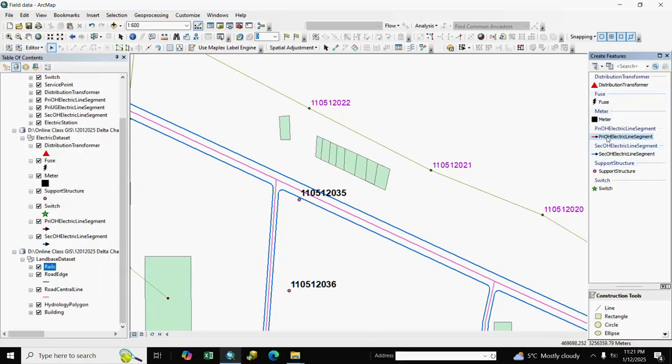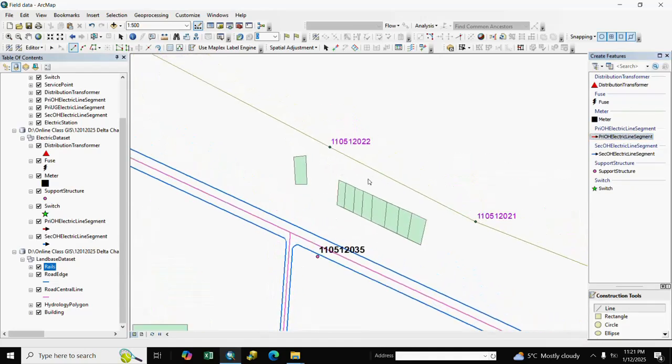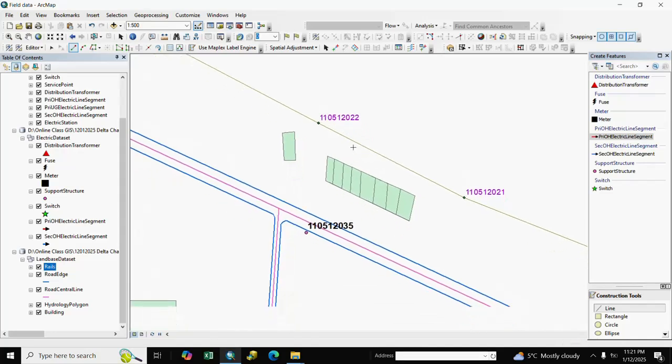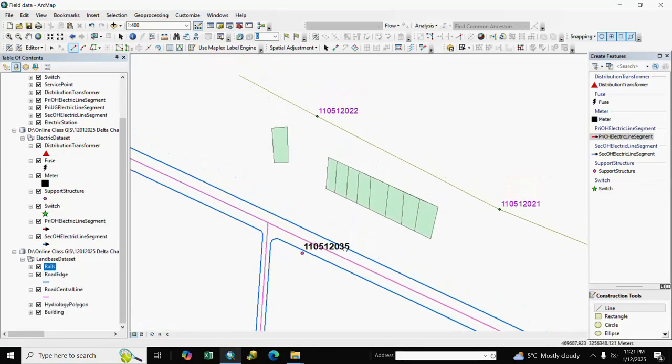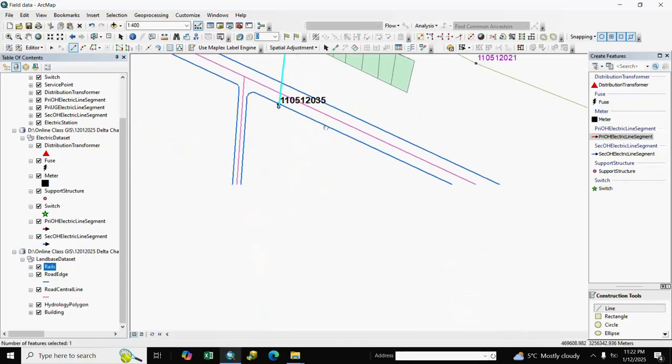Here is the create window. We select primary OH, and here is the nearest pole number 22, and here is pole number 35.